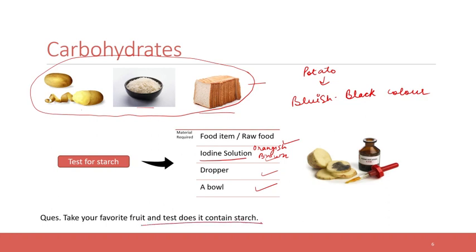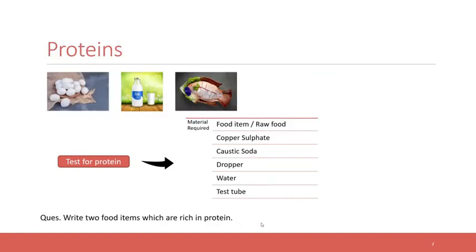Now you have to take your favorite fruit and do the starch test on it. Okay? You can even do this test on 2-3 different food items and let me know if its color changes into bluish black or not. Correct? Moving ahead,